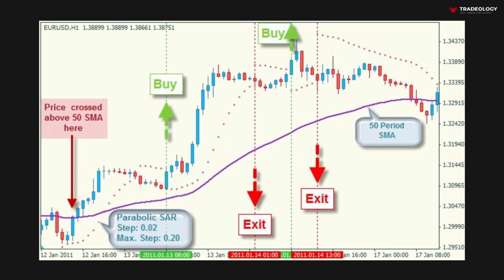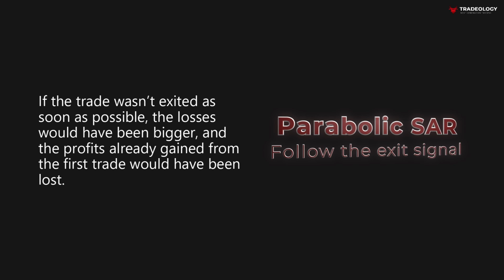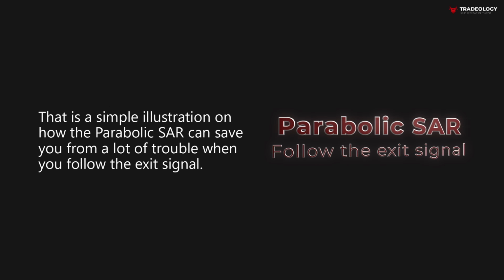When the SAR crossed below the price once more, another buy trade is entered. However, this time the price continues to go down and the trade is losing. As soon as the SAR crosses back above the price, it is an indication to exit and cut the losses. If the trade wasn't exited as soon as possible, the losses would have been bigger, and the profits already gained from the first trade would have been lost. That is a simple illustration of how the Parabolic SAR can save you from a lot of trouble